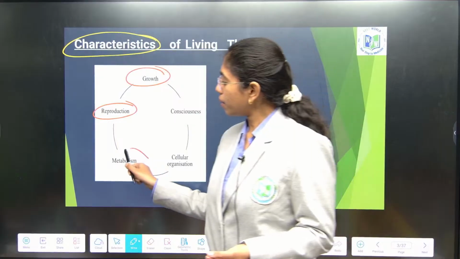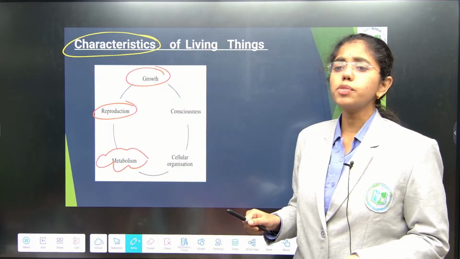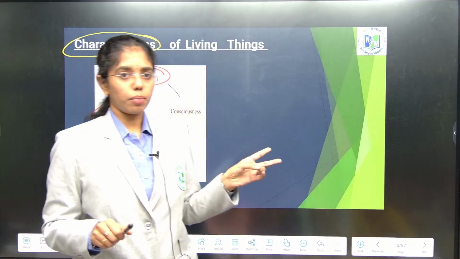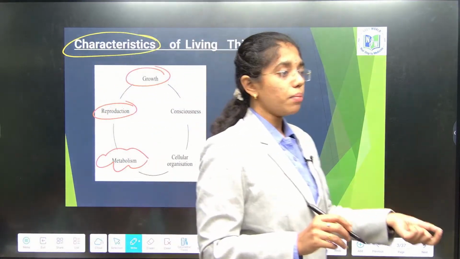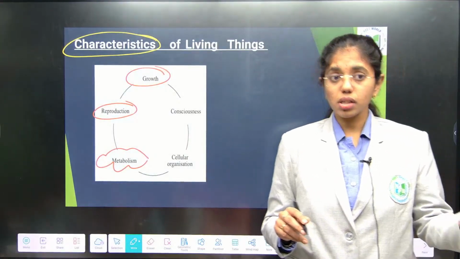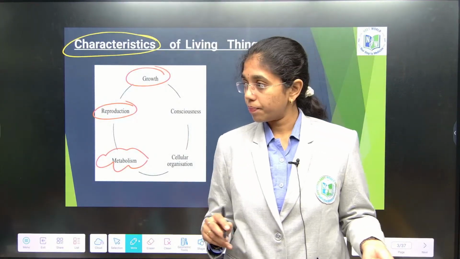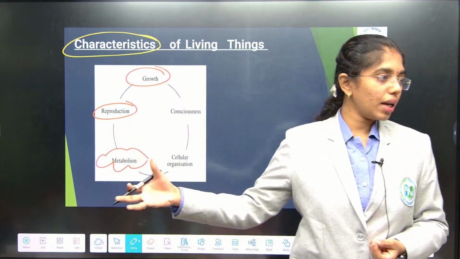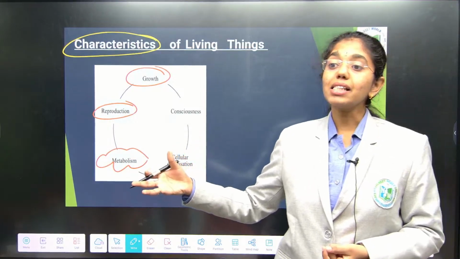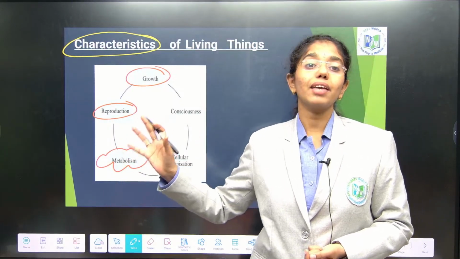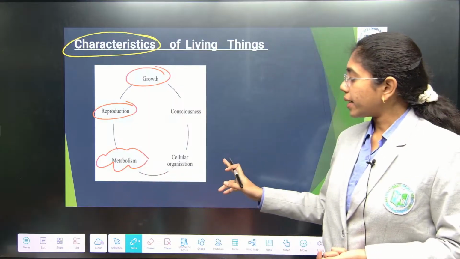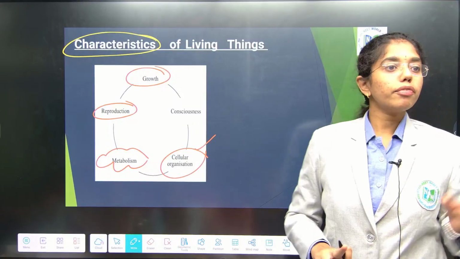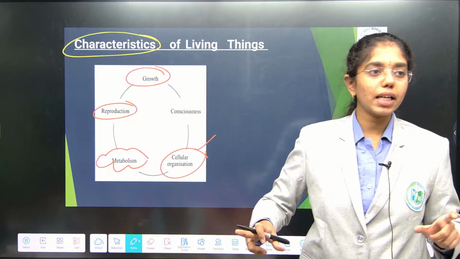Then if you consider metabolism, what is metabolism? Anabolism and catabolism together addressed as metabolism. In simple terms, sum of total chemical reactions occurring inside a living cell. If in the laboratory you are performing any chemical reaction, that is addressed as living reaction, but not living cell. And then cellular organization is completely a defining feature,